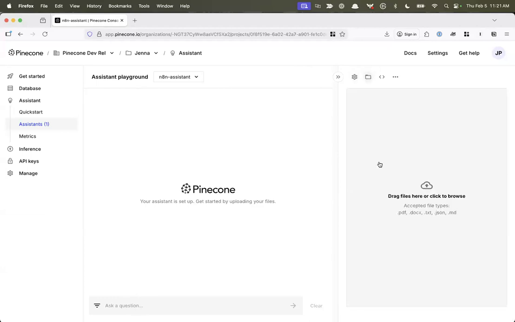You can upload files over here, just drag and drop. It accepts PDFs, Word docs, text, JSON, and Markdown. But like I said, we're not going to go through it here. We're actually going to do this all through N8N. I just wanted to walk through this because I think sometimes this gets a little bit confusing. I'll leave this on files because we're going to come back and take a look at this here.